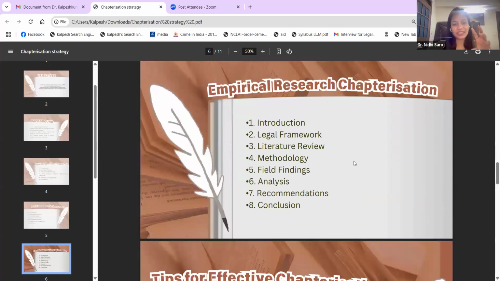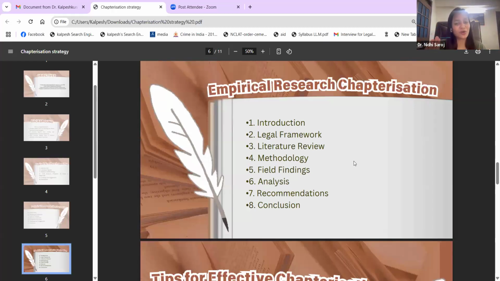Yes. Now here you can see that in empirical research, I have separately put something on literature review and methodology. Please understand, this is just suggestive, right? We will be taking some examples also. Every research is different. Ultimately, the main point that you should keep in mind is that your title, your research objective, and your research question should be aligned, and these research questions and objectives should be addressed in the chapters. This is the Guru Mantra.